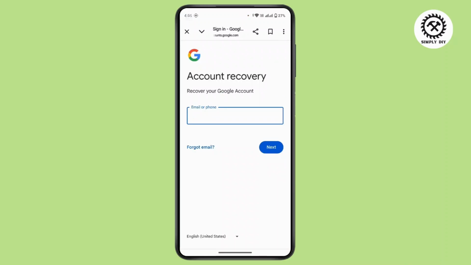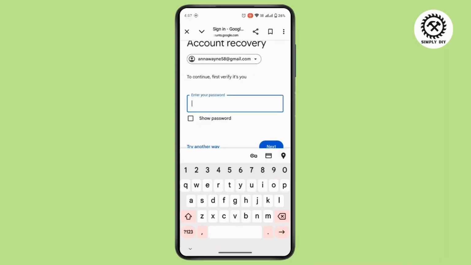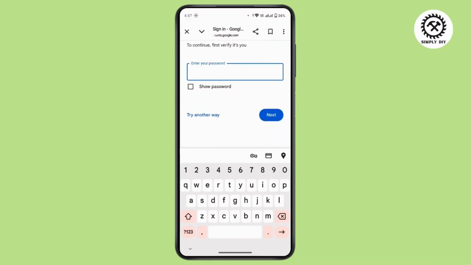That's gonna take you to this account recovery page. Here, you have to type your Gmail address. Tap on Next. Now you'll be prompted to enter your password. Enter your password and tap on Next. Now when it asks for your two-step code, there you have to tap on Try Another Way repeatedly until you